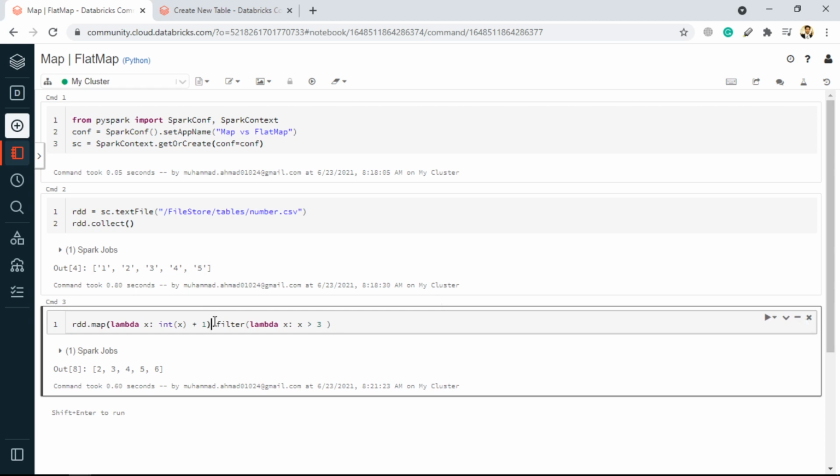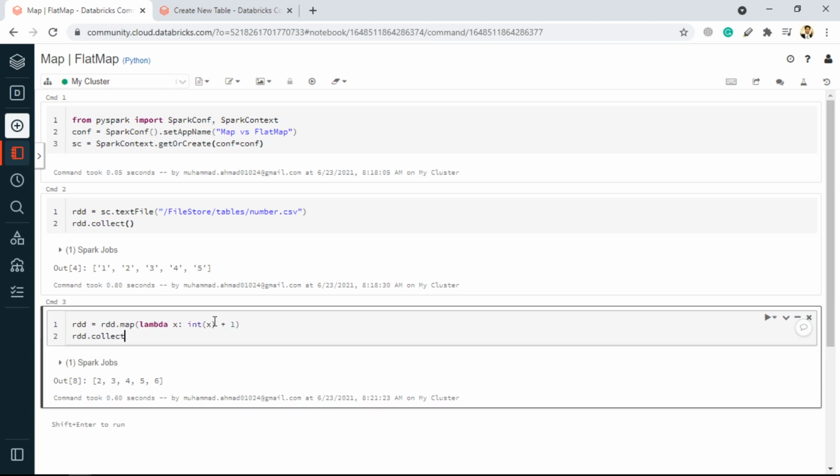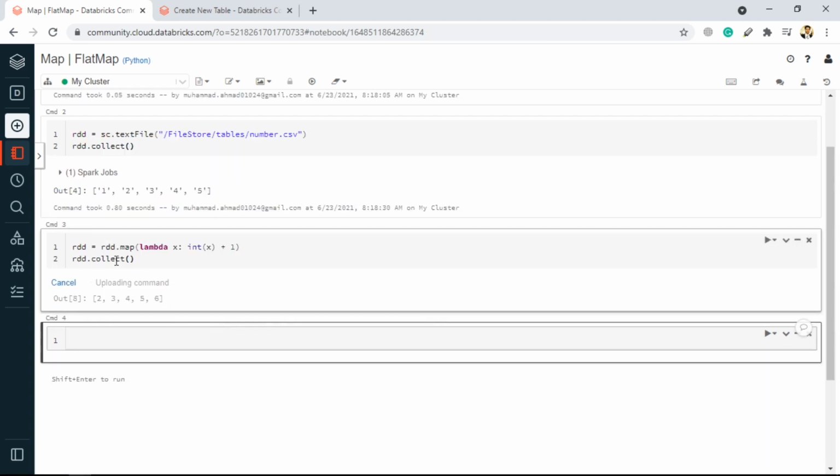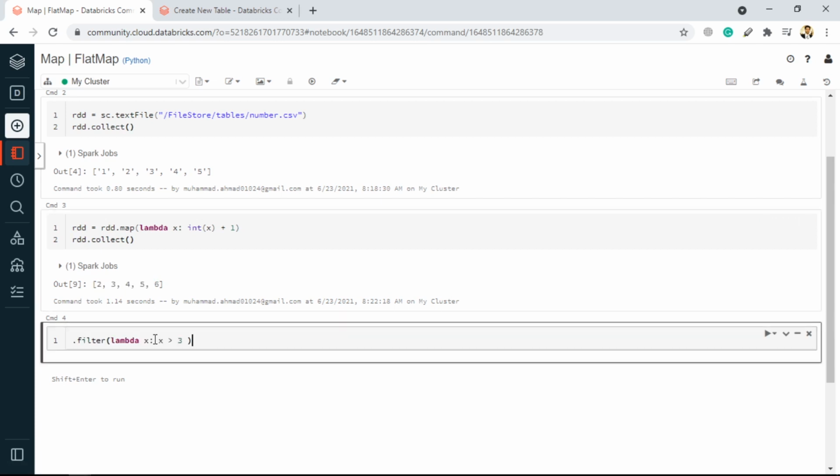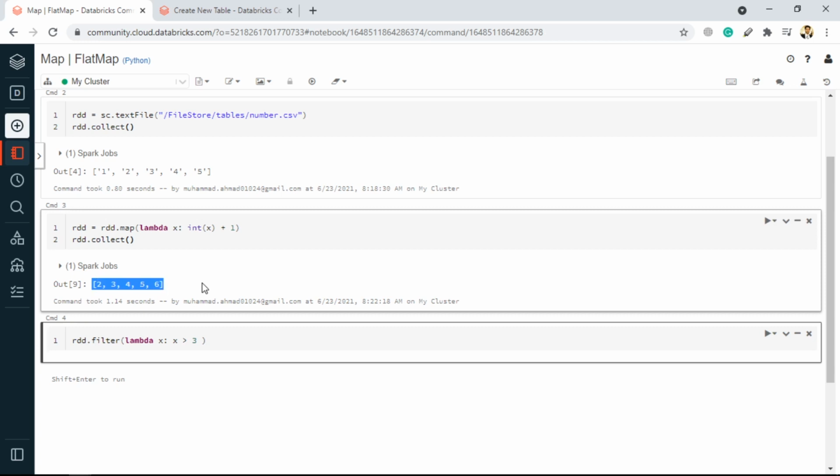So if we just take it from here, I guess we must go for creating the RDD just to avoid any sort of confusion. If we go for rdd.collect, we are getting the same output. Now this RDD is representing all these elements.